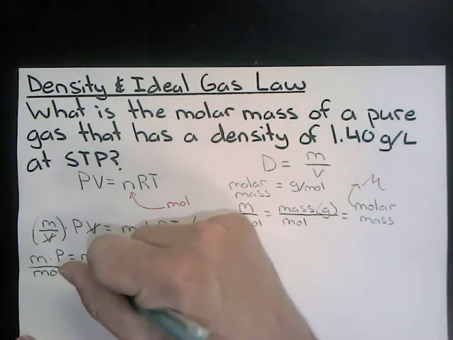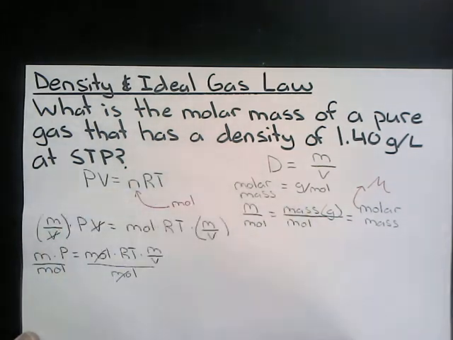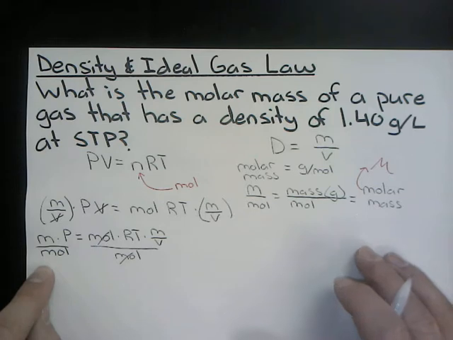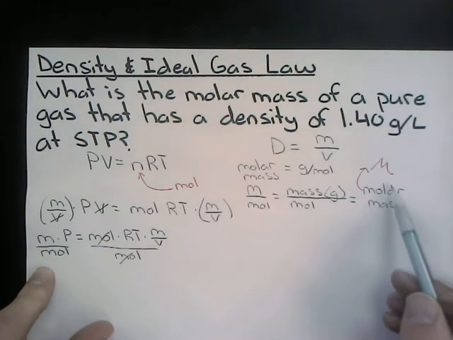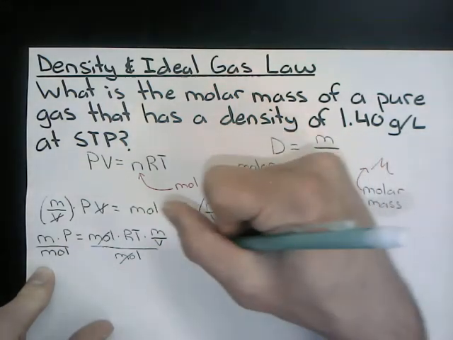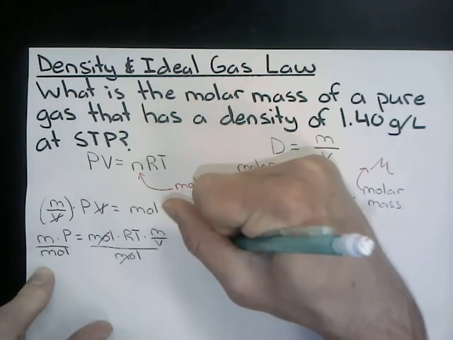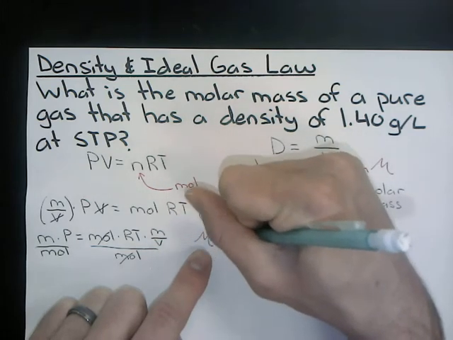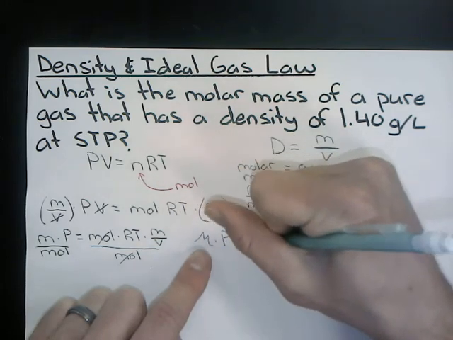I'm going to cancel out my moles because they cancel out on my right-hand side. And then M over mole, I just got done saying that that is equivalent to molar mass. So now what I'm going to write this as is our molar mass, that's the fancy M, times our P for pressure equals RT